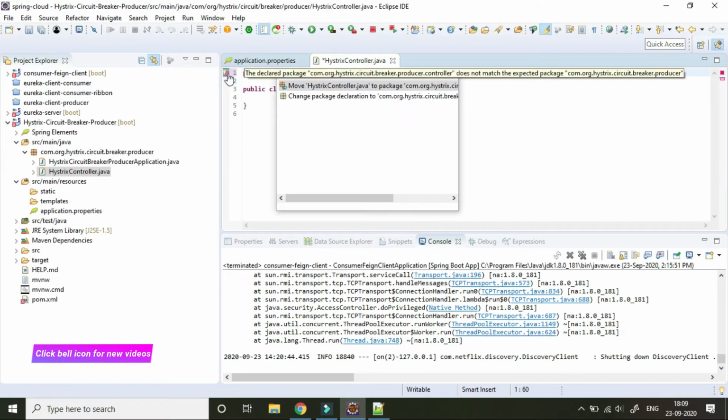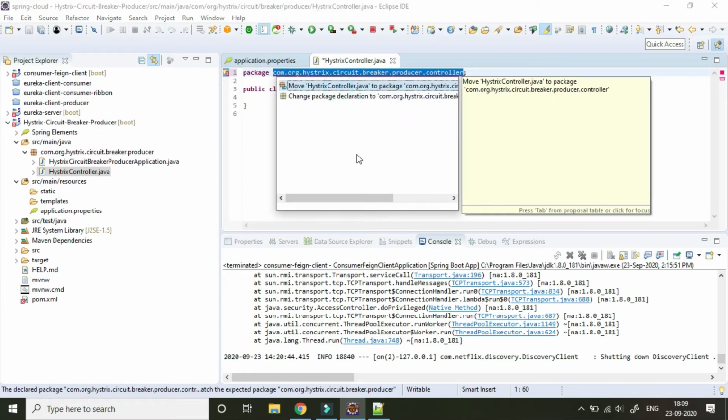I'm creating a separate package for the controller layer.